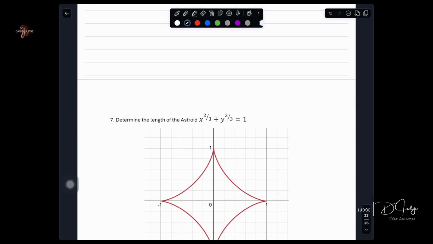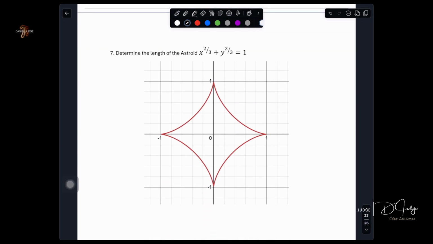All right. Now that leaves us with question 7. And question 7 is going to be different than questions 1 through 6. Here's the difference. We have what's called an asteroid. Okay. You have this special relation. So you're looking at a relation. The other curves that we worked with were all